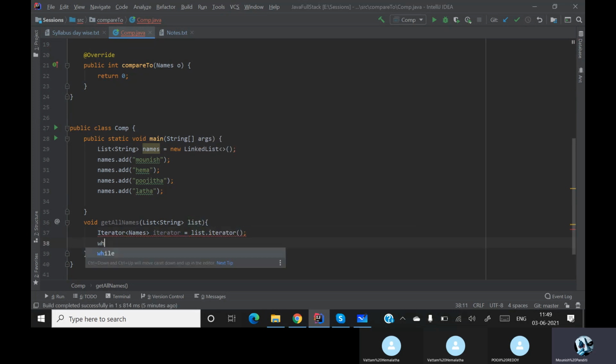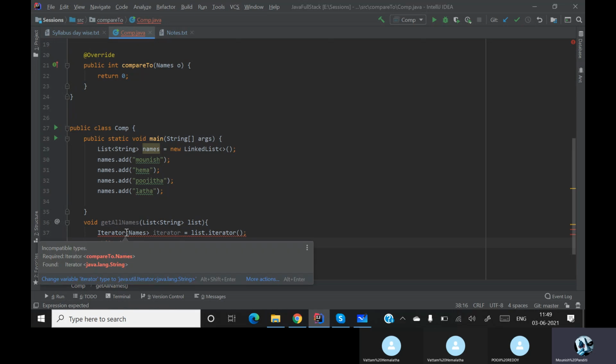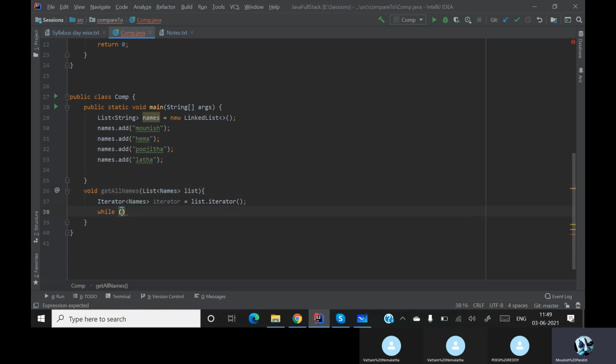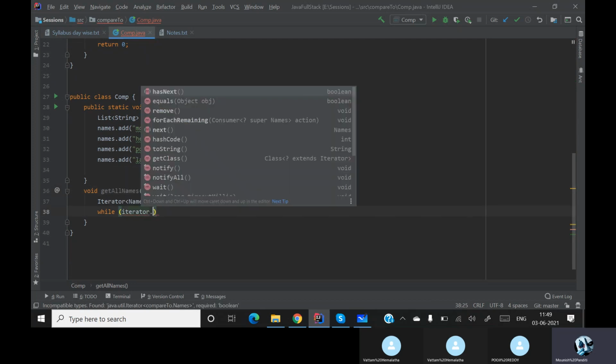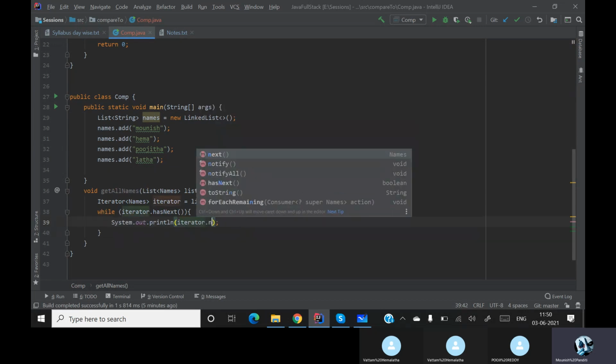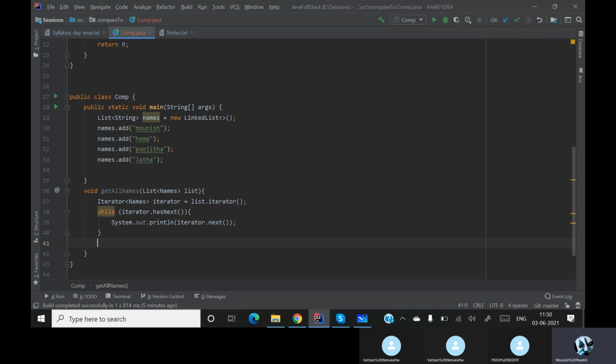Now see over here, it is giving me a type error. So let me make this also names so that there is no type error. So iterator dot has next. Inside this, let me print out iterator dot next, and here let me put up a separator.